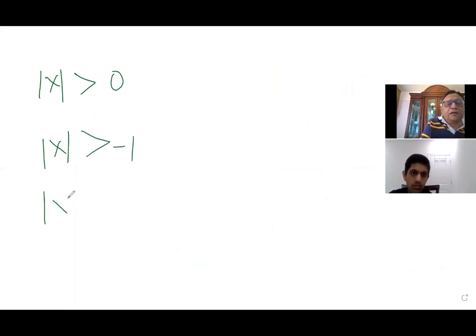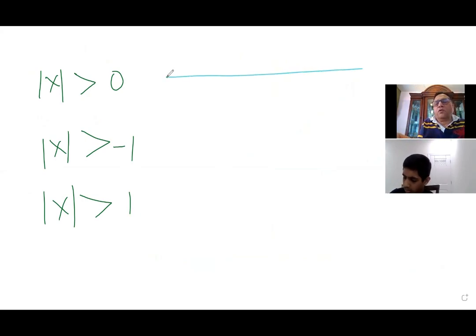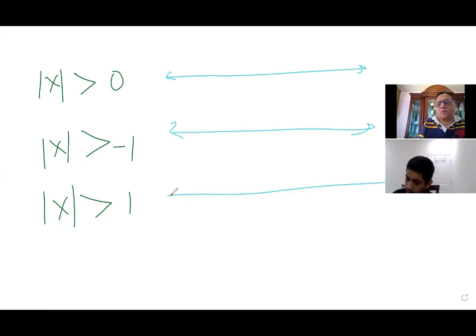My question here is, show me these solutions on a number line. Absolute value of x greater than 0. Absolute value of x greater than minus 1. Absolute value of x greater than, let us say, 1. Show me these solutions on a number line. Tell me, what is the solution of these? Okay, so for 0, I think it would be infinite solutions,